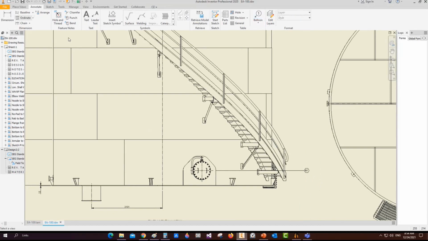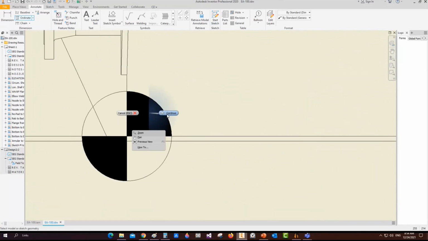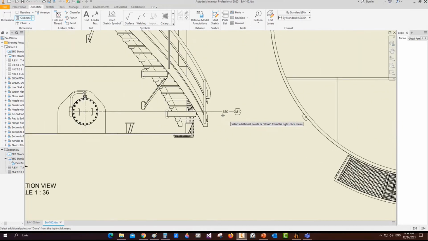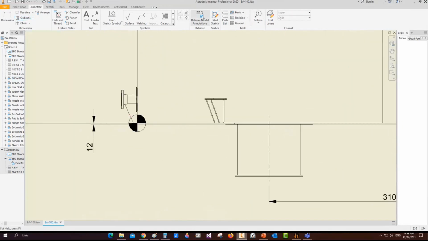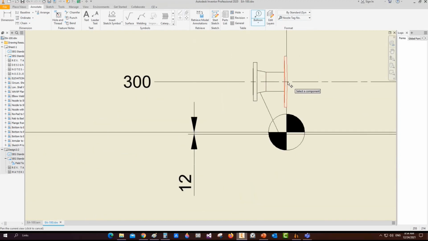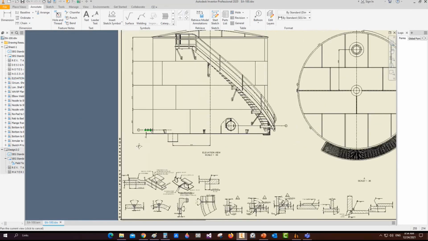N1, and if you would like to define the reference point to define the location of nozzles, so that's the reference point, and from here that's the location of this nozzle, and let's add a center line to this one. So the nozzle type. And let's hide this. So let's hide the origin point from here. Okay, now we have